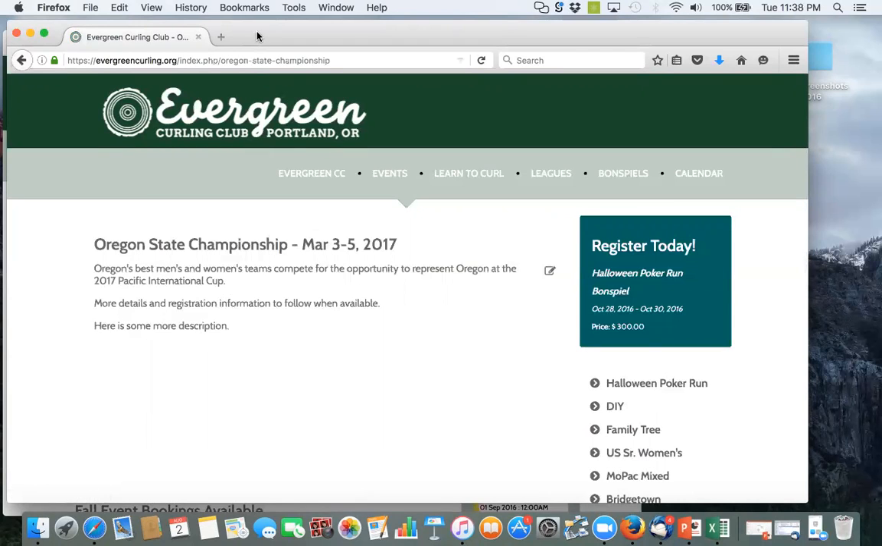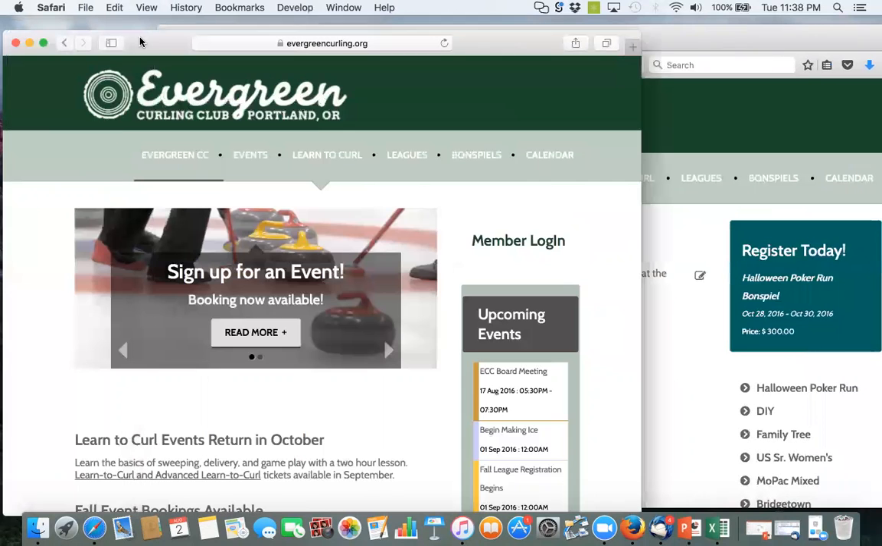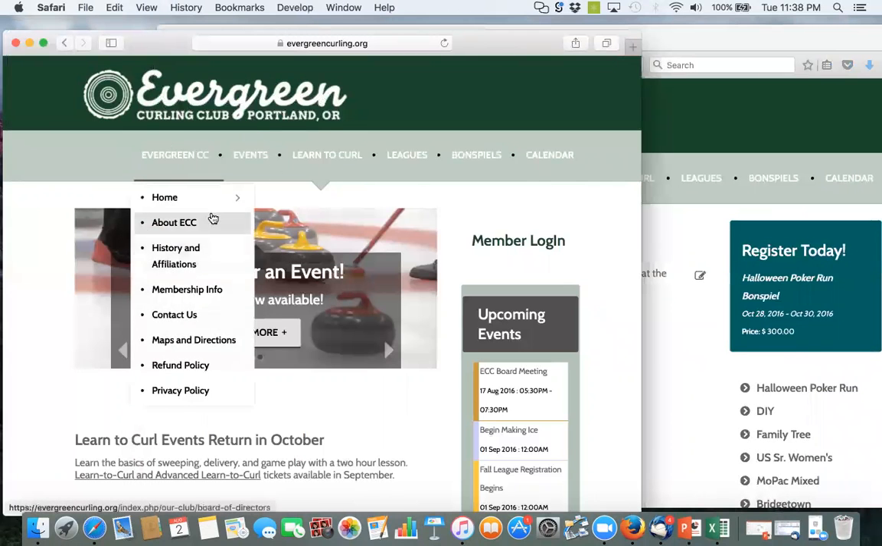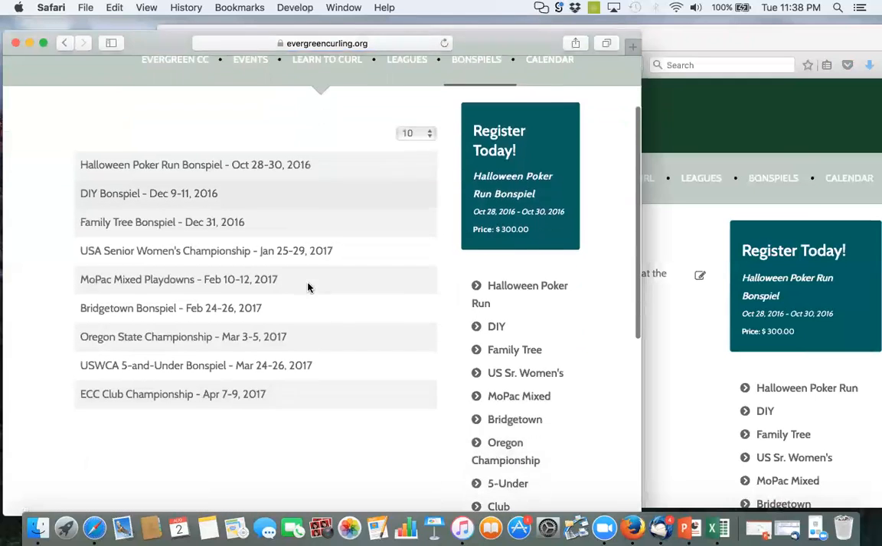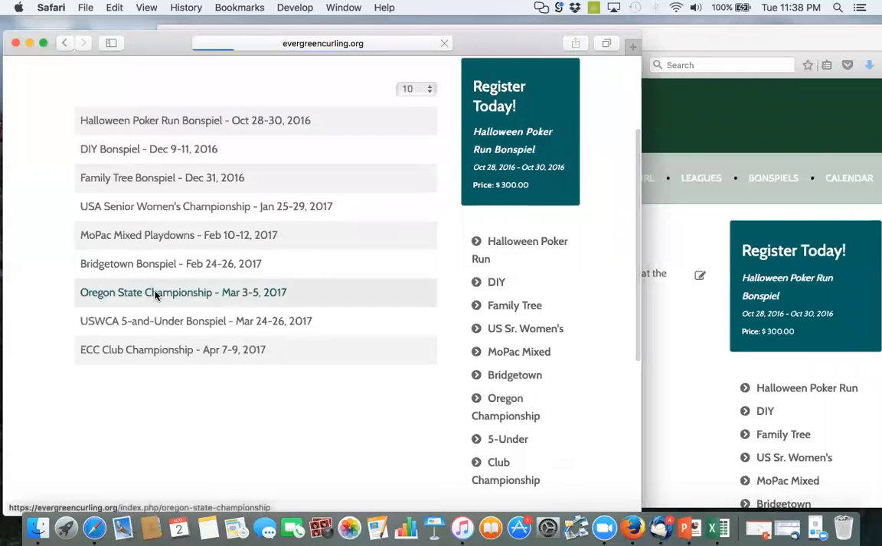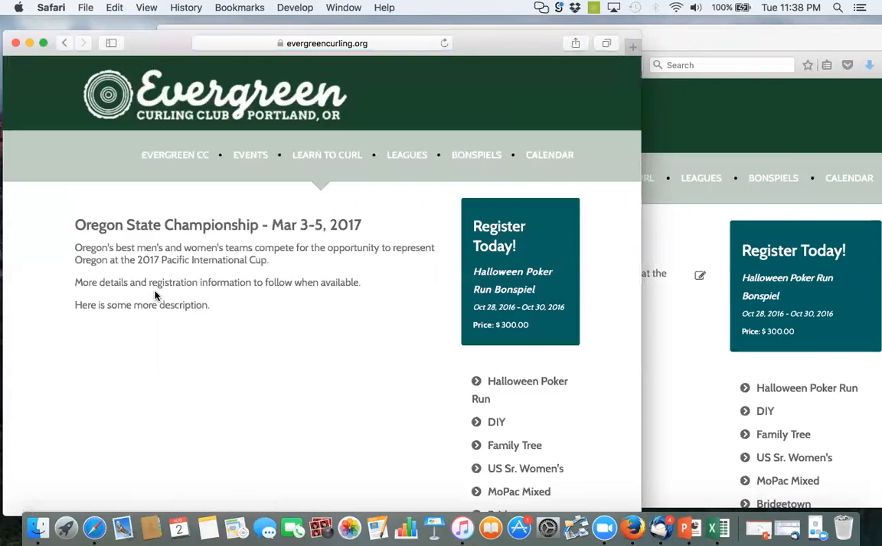But more importantly, if I go to my first browser, my testing browser, remember this one is not logged in as Steve, it's not logged in as anybody. This browser now should be able to go to the Bonspiels page, open up the page for the Oregon State Championship, and see that the description has been changed. That's it for the first